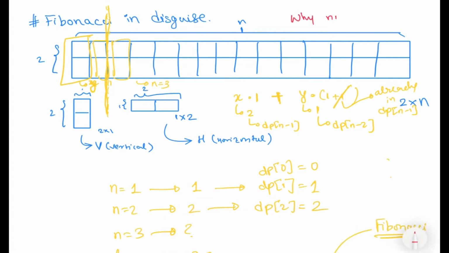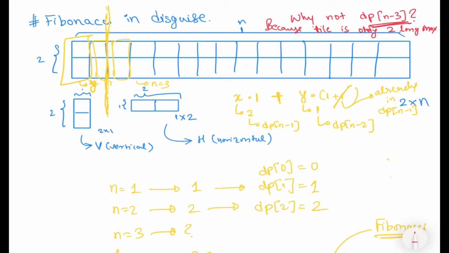Now, why not n minus 3? Why did we stop at n minus 2? Why not go for dp n minus 3? The simple reason is that the tile has a length of maximum 2. So because the tile is of length maximum 2,